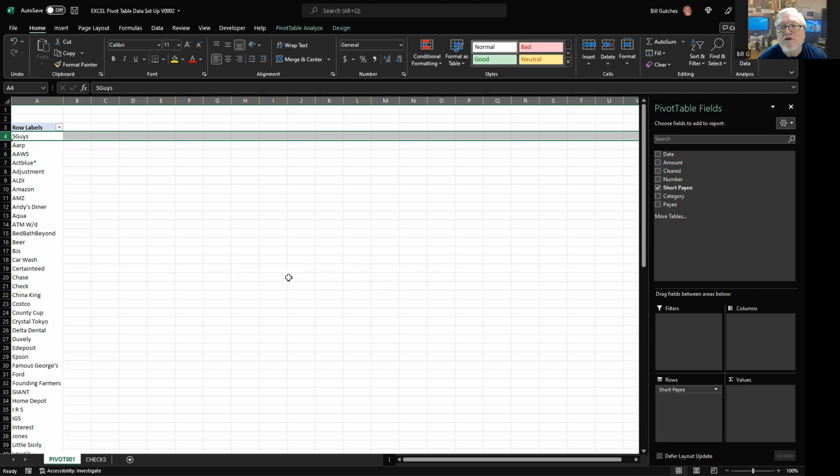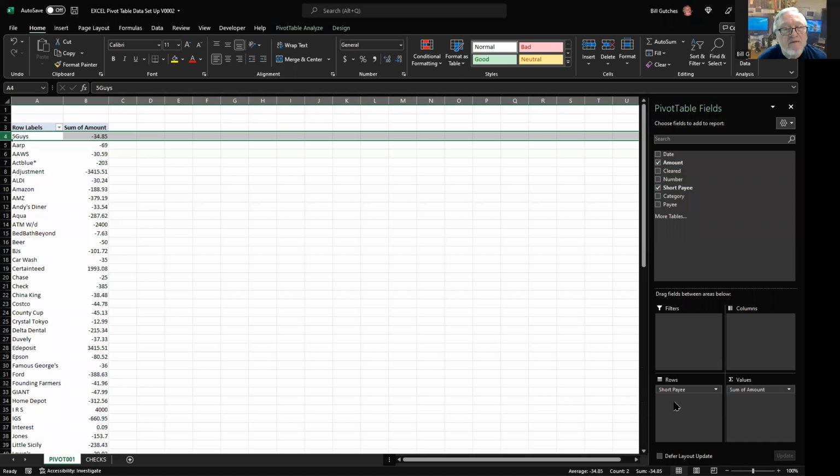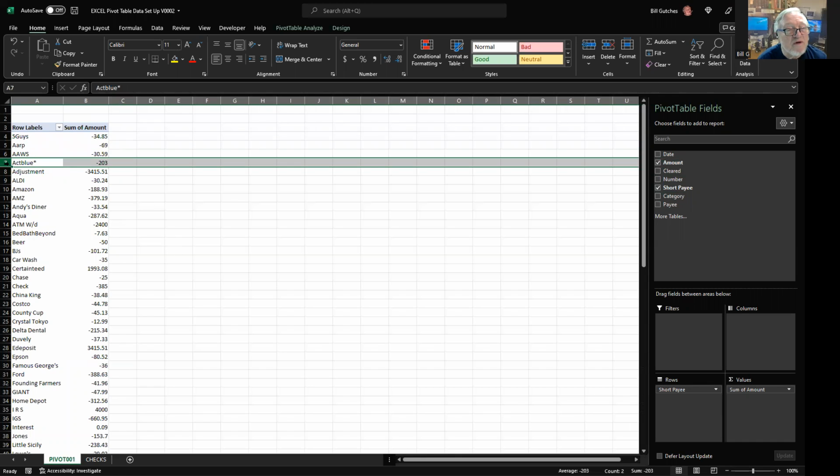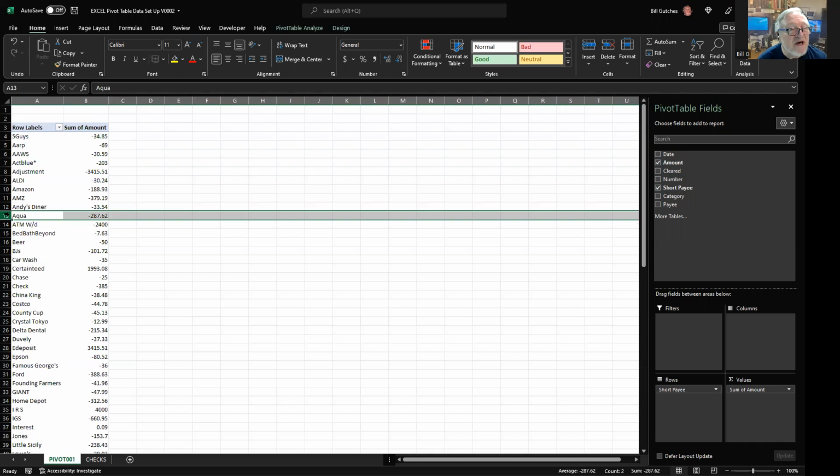Typically, what kind of data would you like to see when you're analyzing a checkbook? Well, I'd like to see how much I spent. So we can take the amount field and put this into the values section of the pivot table, and it will show the total amount of value for all checks in each row, whether it's Act Blue for donations, oh, that shows my political alignment,